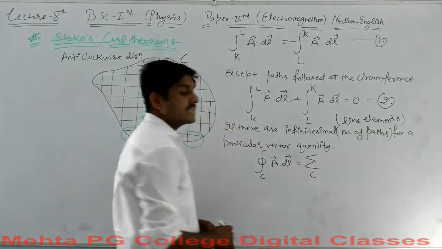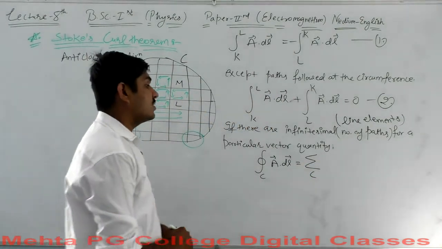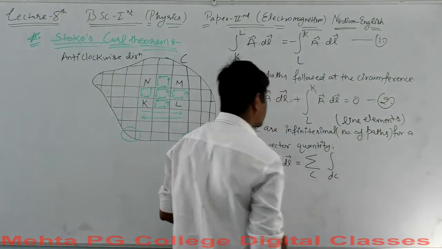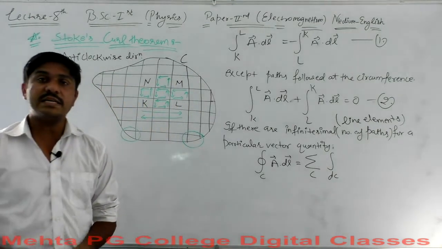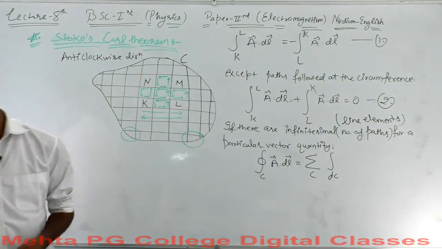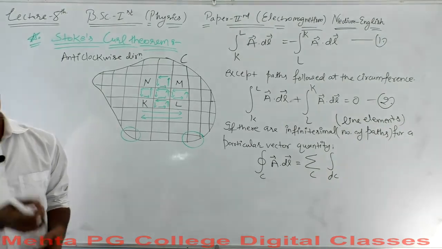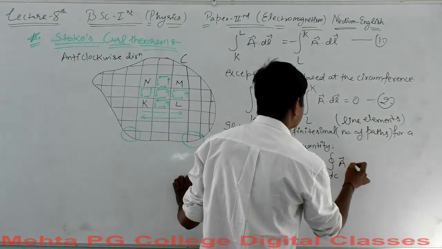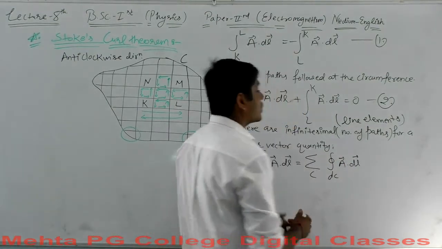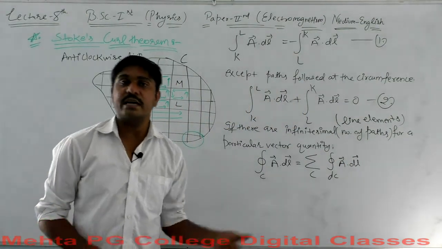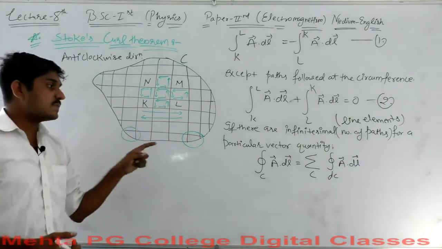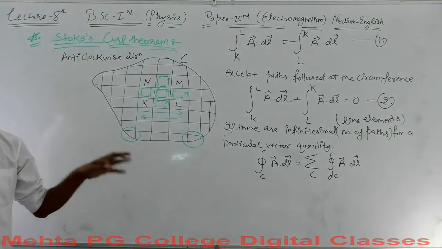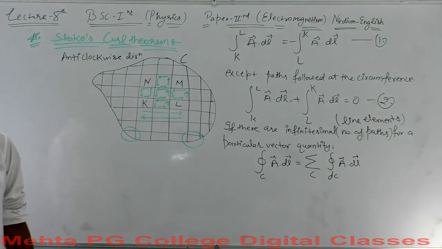Summation over all the paths C. Let's say the line element following the path is dC, and again this is A vector dot dl vector. This is again a closed integral of A vector dot dl vector. Okay, we end up having this. This explains the vector quantity in the case of all the infinitesimal elements over there.